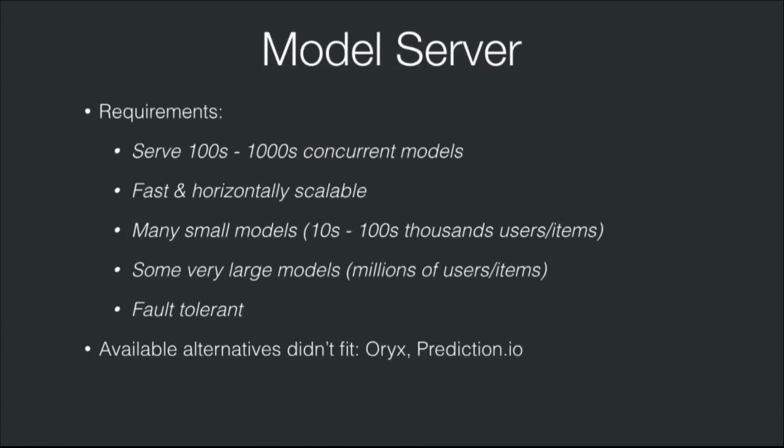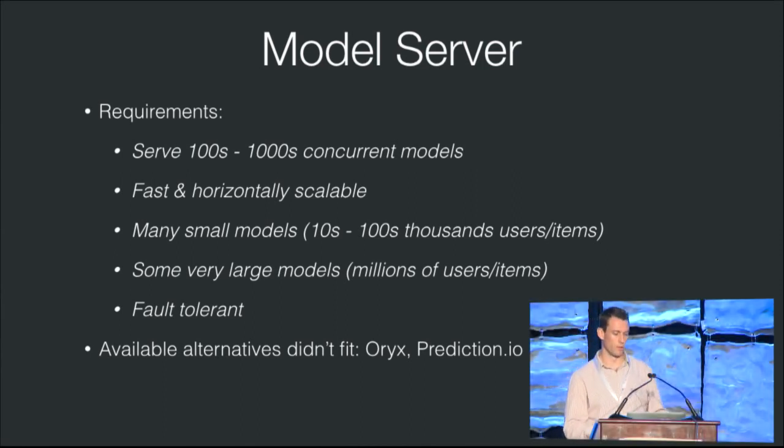So the final component that we needed to put in place was the model server for real-time serving of predictive models and recommendations. Our requirements were that we needed to serve hundreds to thousands of concurrent models. We have many, many clients, multiple potential models per client. We had many, many small models, sometimes only tens to hundreds of thousands of users and items, but a few very, very large models,